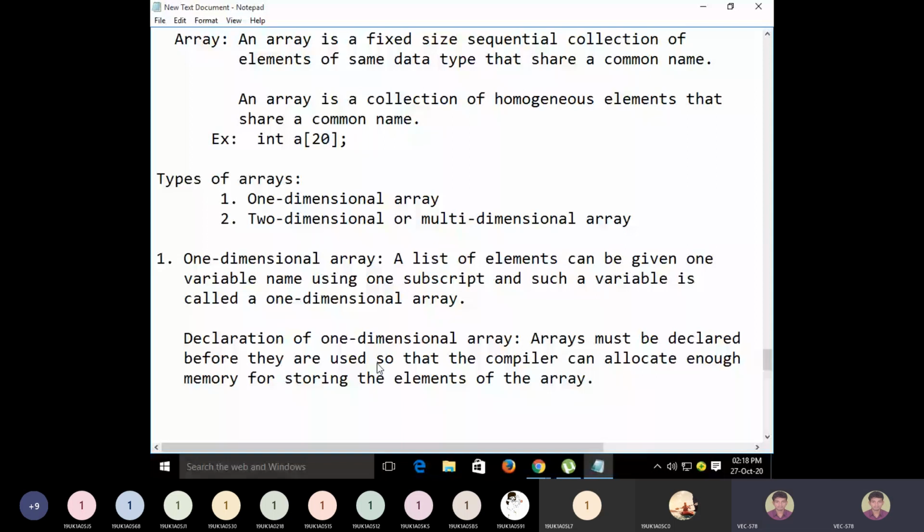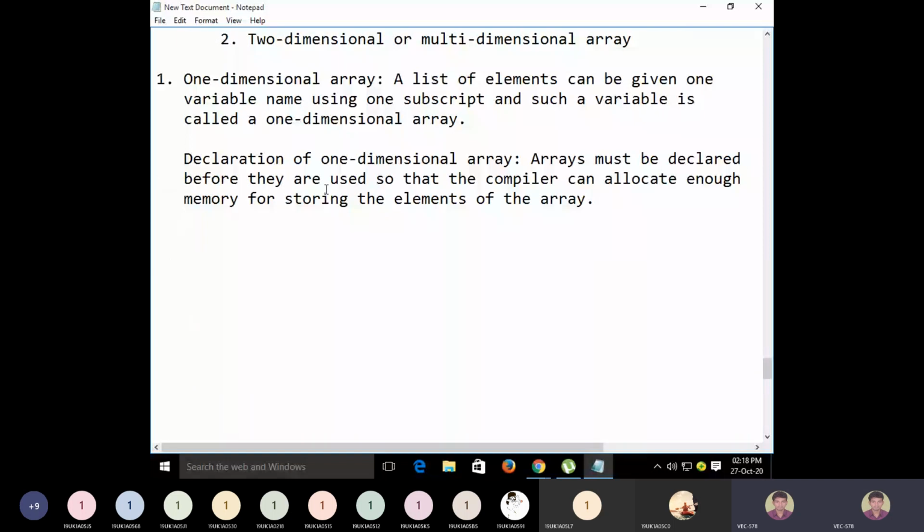For that purpose we need to declare the array at the beginning of the main function. So they must be declared before they are used.